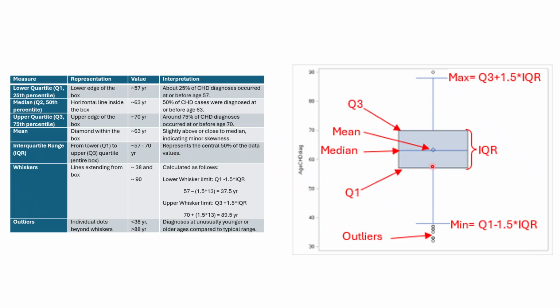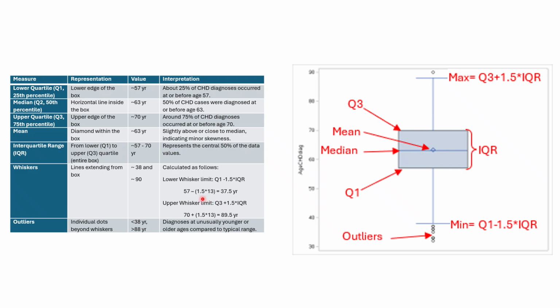Because it is from the 25th percentile to the 75th percentile. And talking about the whiskers, the lines, they extend 1.5 times interquartile range, like we discussed previously, and we know that interquartile range is 13, 70 minus 57 is 13, and 1.5 times 13